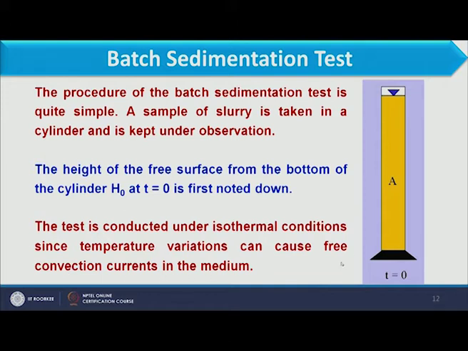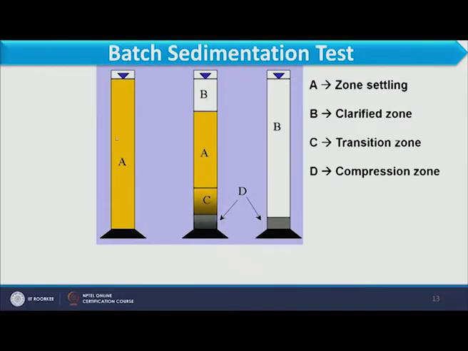So, here we have to carry out the whole process in isothermal condition. Now, what is the process? The process is very simple. You consider this figure. In the first figure we have this glass cylinder where homogeneous solution is available up to height h equal to H0, that we have already discussed. Now, what do we have to observe? We have to observe the height of the clarified section. Now, what is the clarified section?